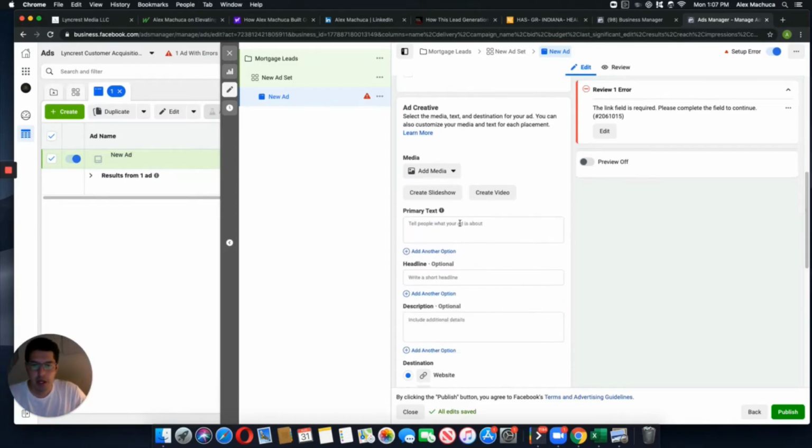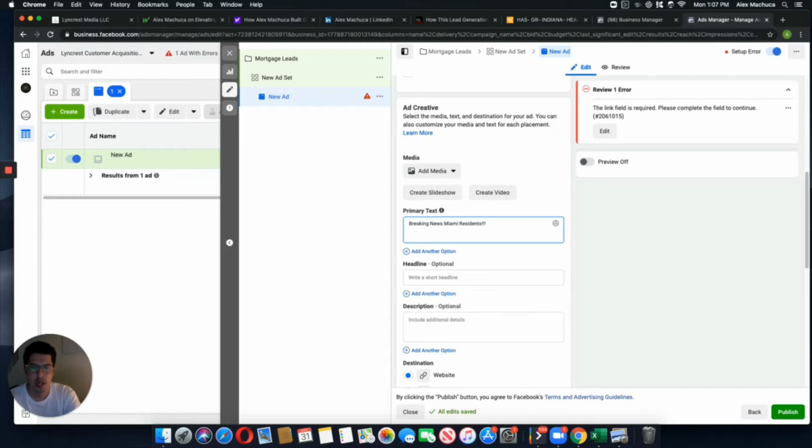Now, for the copy, this is very important. You always want to call out the city specifically that you are targeting. So I would say maybe something along the lines of "Breaking news, Miami residents," right? And honestly, I would put in an emoji of maybe a house, maybe the red exclamation point, maybe the money bags. Just get creative with the emojis that you use, but data shows us that emojis are important and easy to use.